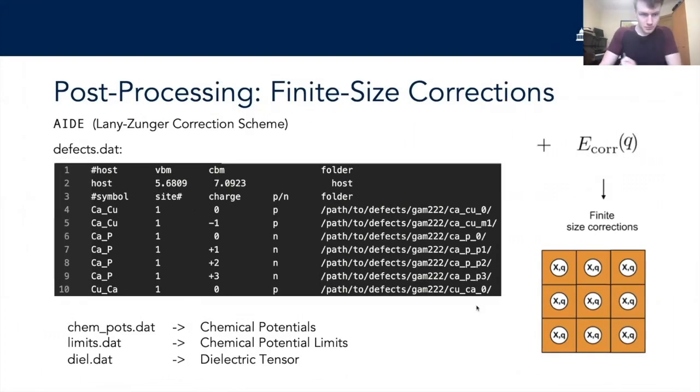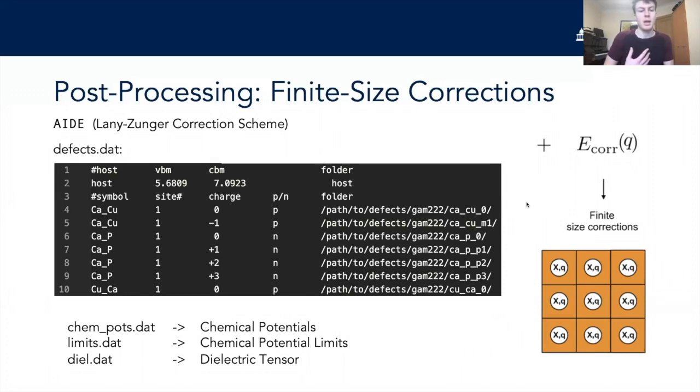Once your defect calculations have finished, you can post-process them with either AID or through Python. AID by default uses the Lany-Zunger correction scheme, and the input files look like this. Firstly, you have the defects.dat file, where you manually input the information about your system. It starts with the host VBM and CBM eigenenergies, and then for each defect you give the symbol, the number of sites, the defect charge, whether it's P or N type, and then the folder with the final defect calculation,